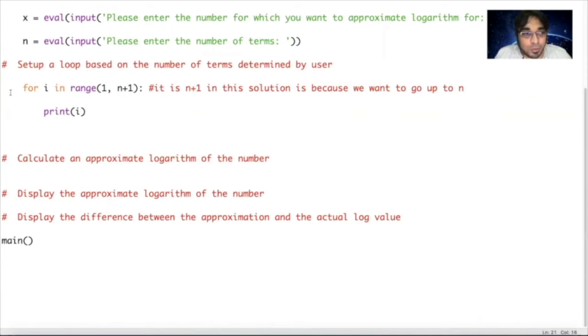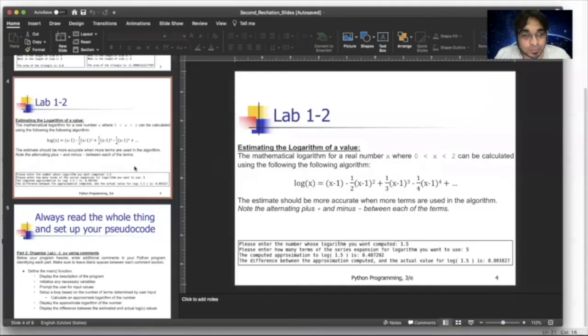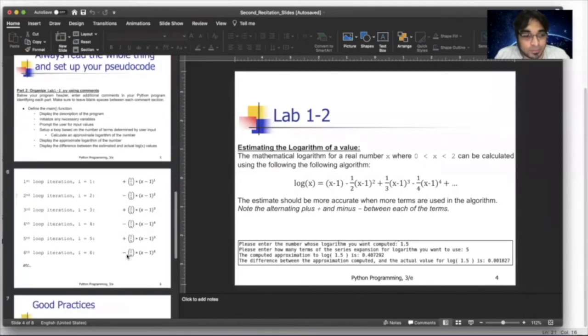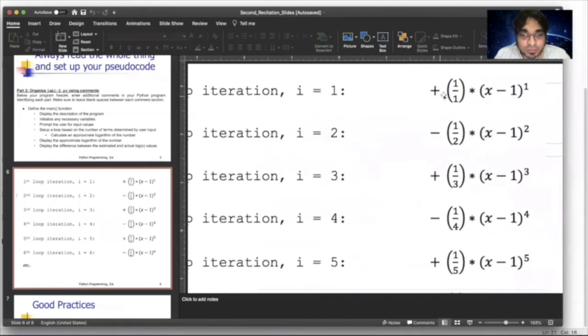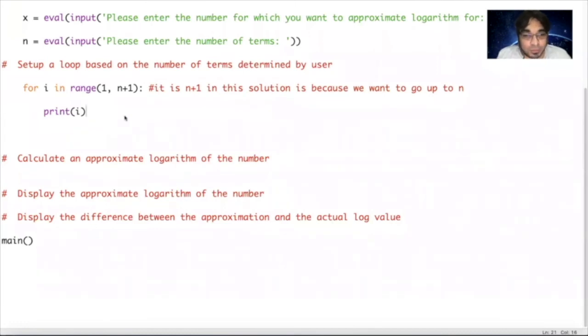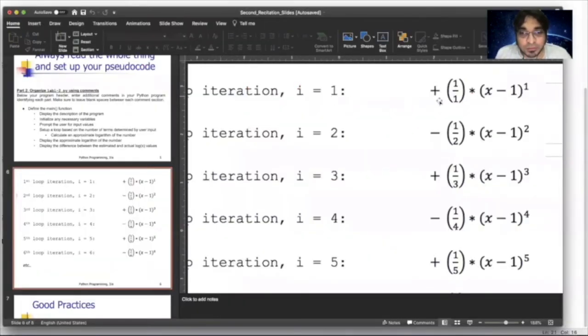Okay, so now one way to look at the problem, or one of the things to solve initially, is to solve the alternating positive negative issue. So when we are dealing with term 1, we want it to be positive. When term 2, we want it to be negative. When I is 3, we want it to be positive again. When I is 4, we want it to be negative, right? Okay. So one way we can do this is, if you think about the number -1 and raise its power,